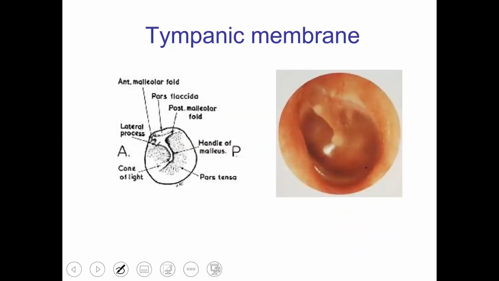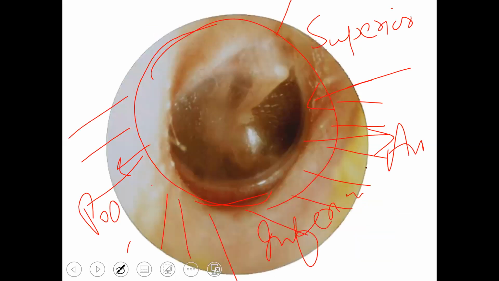Strength to the tympanic membrane. So going again on to the endoscopic picture. We have three layers of the tympanic membrane, and all these three layers join together to form a thick rim-like structure on the periphery, which is called the annulus